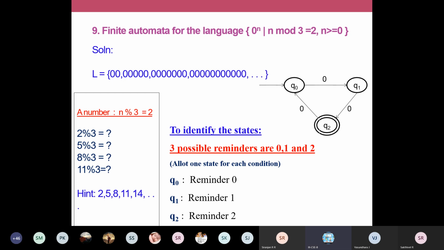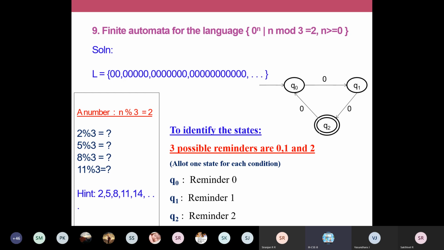So you can apply values from 1 onwards. 1 mod 3 is going to be 1. Mod is your remainder, is it not? So 1 mod 3 is 1, so that is not satisfied. 2 mod 3 is 2. When you are dividing a number by 3, the remainder should be 2. 3 mod 3 is 0, so I don't want that number. 4 mod 3 is 1, I don't want that number also. And 5 mod 3 is 2, so we can take that 5. And 6 mod 3 is 0.